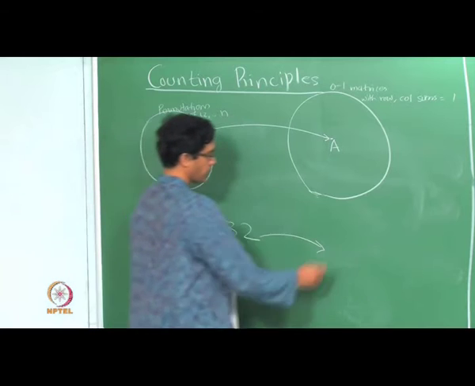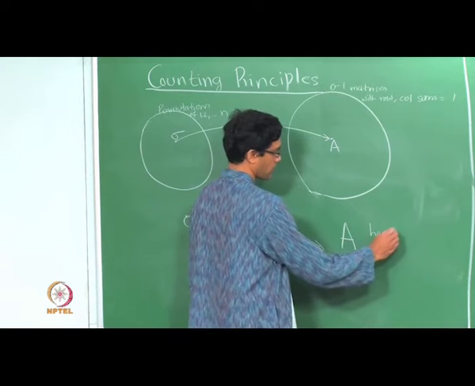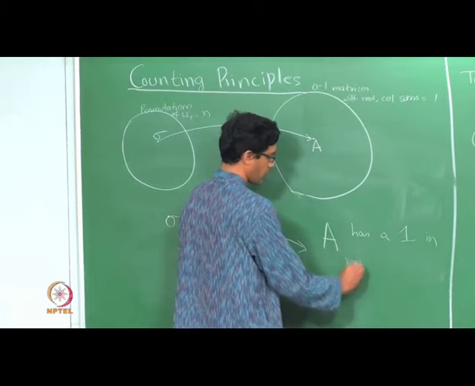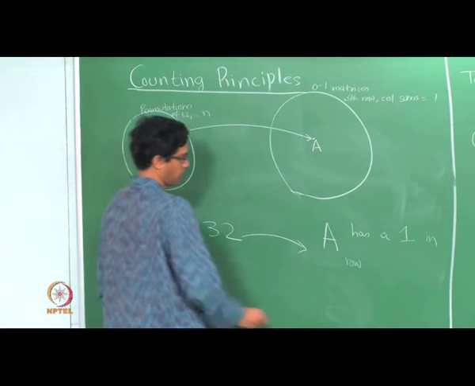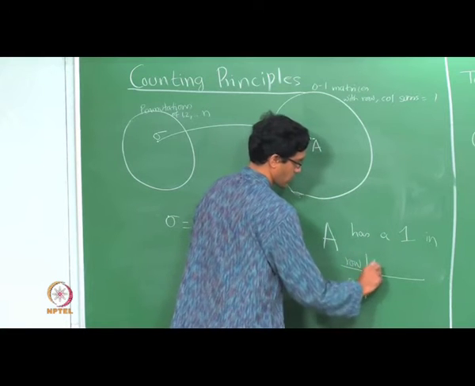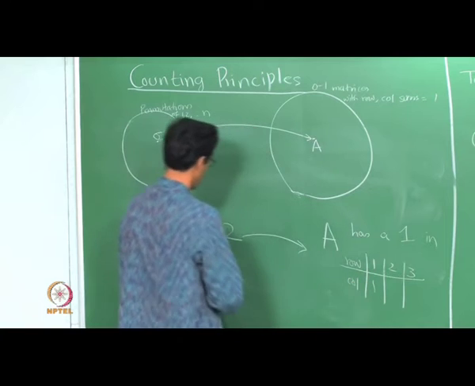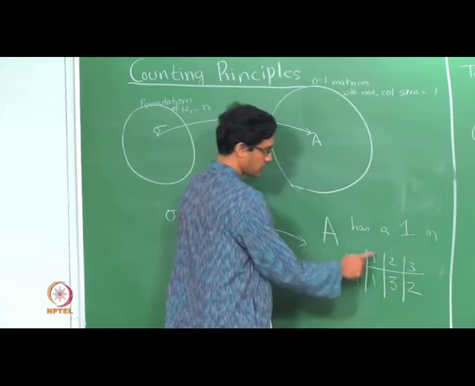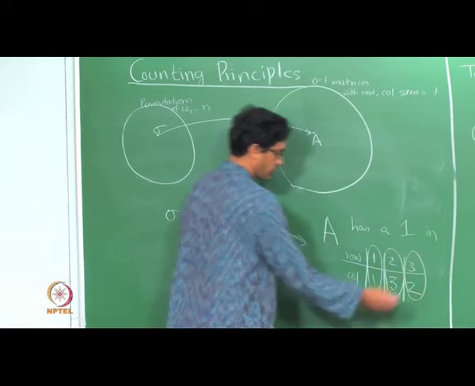So what is the association? Given 1, 3, 2, you construct a matrix A with the following property: A has a 1 in row, well, in the first row you will have a 1 in the first column. So in row 1 you see what sigma is, that is a 1, in row 2 sigma is a 3, and in row 3 sigma is a 2. So these are the positions of the ones, it is in the positions 1, 1, then 2, 3 and 3, 2, right.